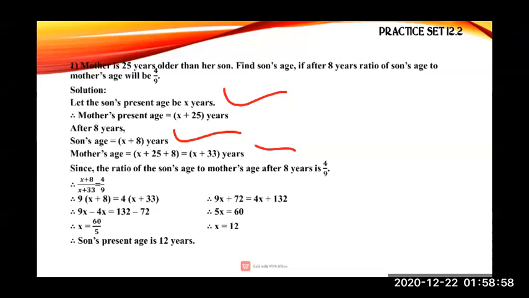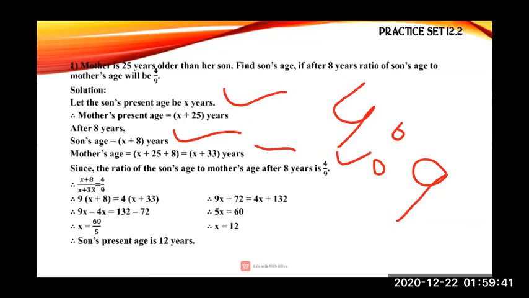So son age will be x plus 8 after 8 years and mother age will be x plus 33 years after 8 years. I hope you people have understood till here. Now next, the ratio is given 4/9, or the ratio we can write 4:9 also. So here the ratio of the son age to mother age. Here you have to find the son age to mother age. Ratio of the son age to mother age after 8 years, what will be the ratio? The ratio will be